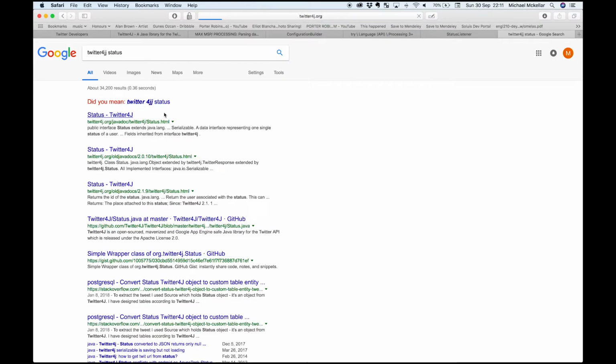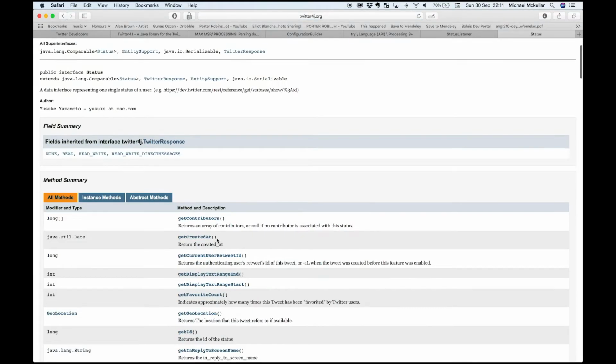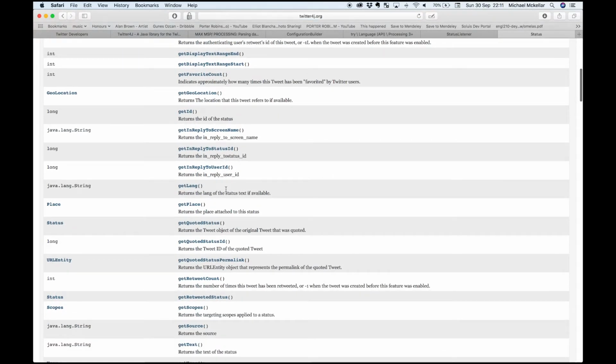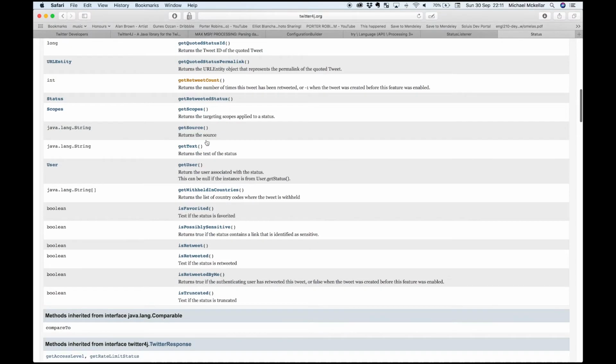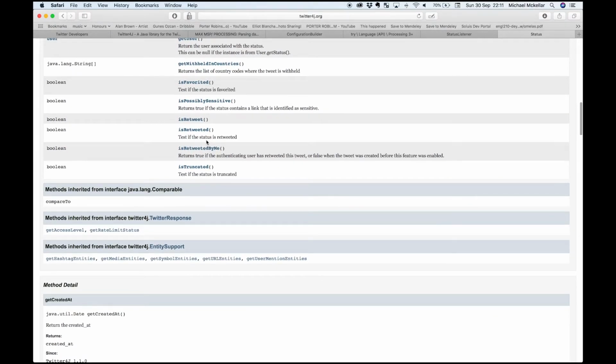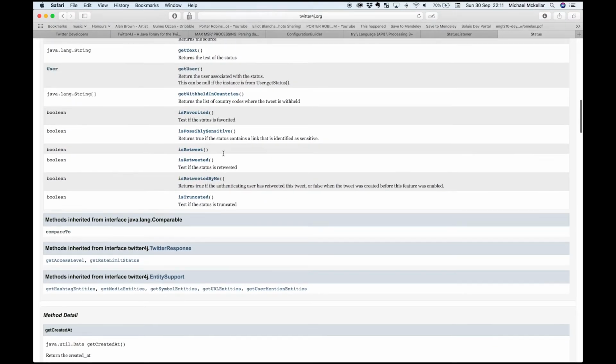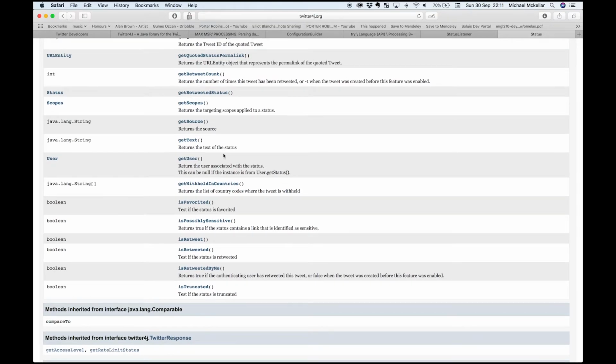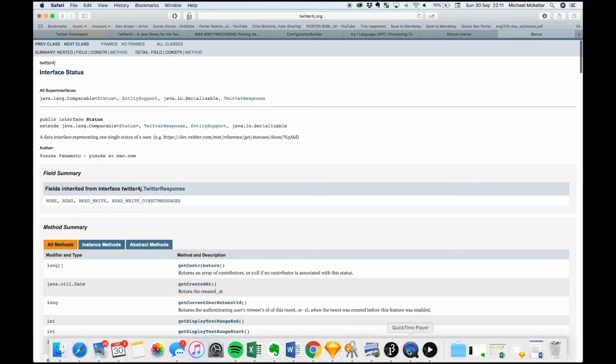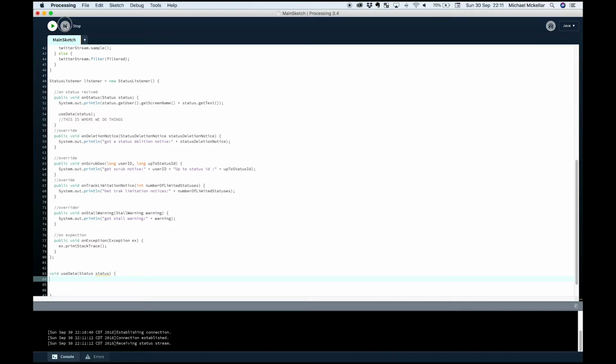So status. And in here, you can see that you can get all this information about what the status is, who it's from, the user, if it's been retweeted, if it's been retweeted by you, is it cut off, do you need to get more text? Loads of things you can do with it. And then we have a bunch of videos teaching you how to pass it to other places. One of the common things would be OSC, just triggering an OSC value that sends a number to something like